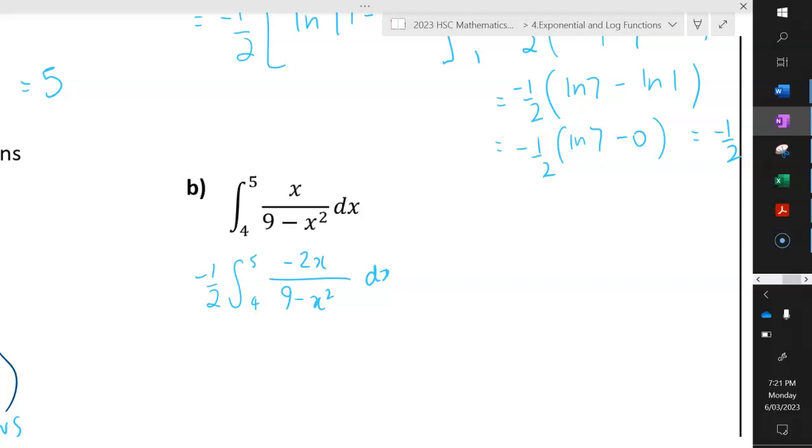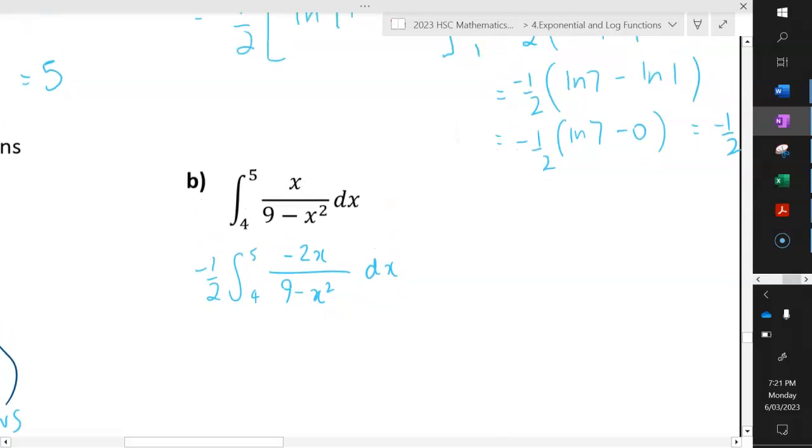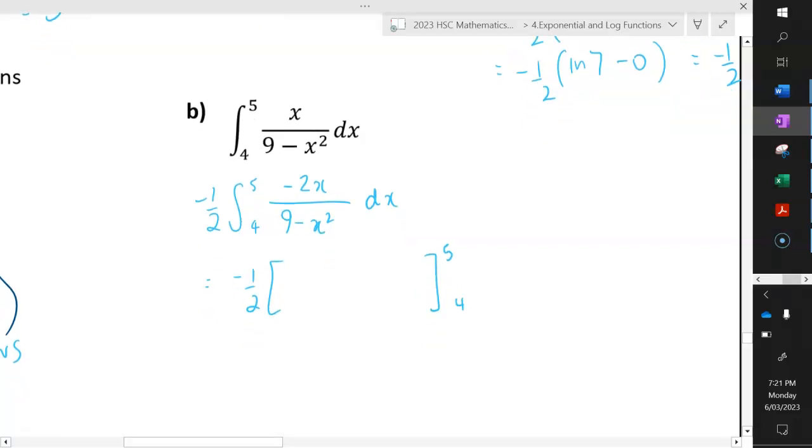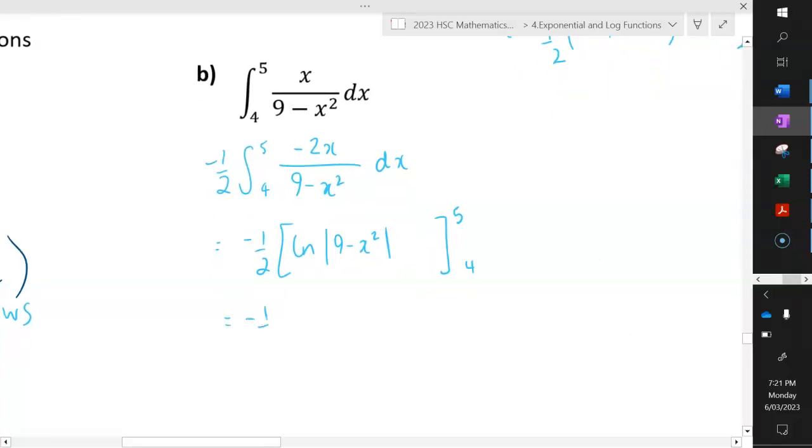What I need to now do is pop it in log form, and I'm definitely going to make sure that I pop my absolute values in this case, because I am going to end up with, and I guess let's just make a blanket rule that we put our absolute values in anyway so that we don't have to think about it. But I'm going to end up with log of the absolute value of 9 minus x squared. Popping that in, my values are in. Let's do that. Minus a half, and we're going to have log of 9 minus 25 minus log of 9 minus 16,